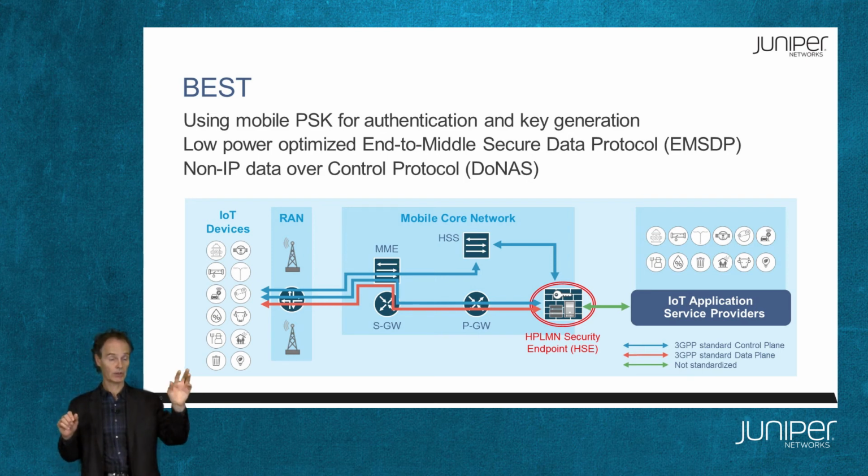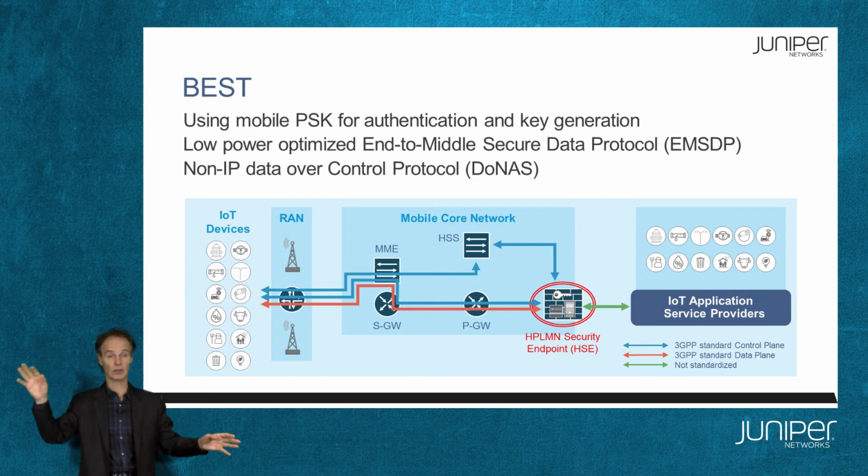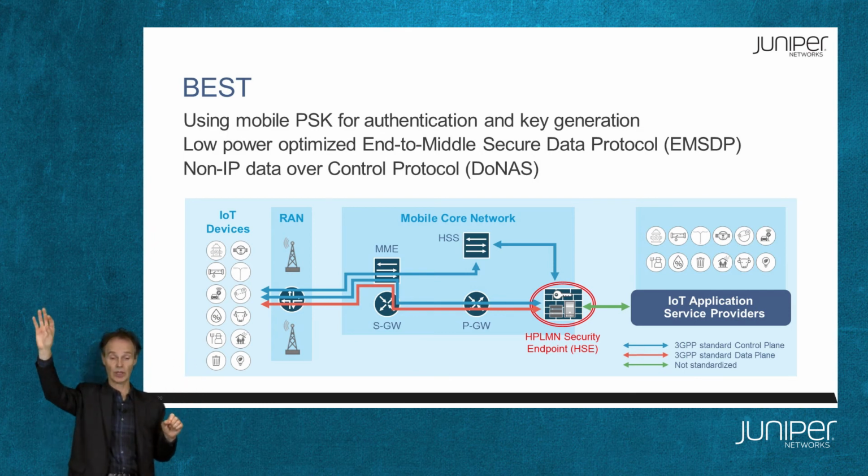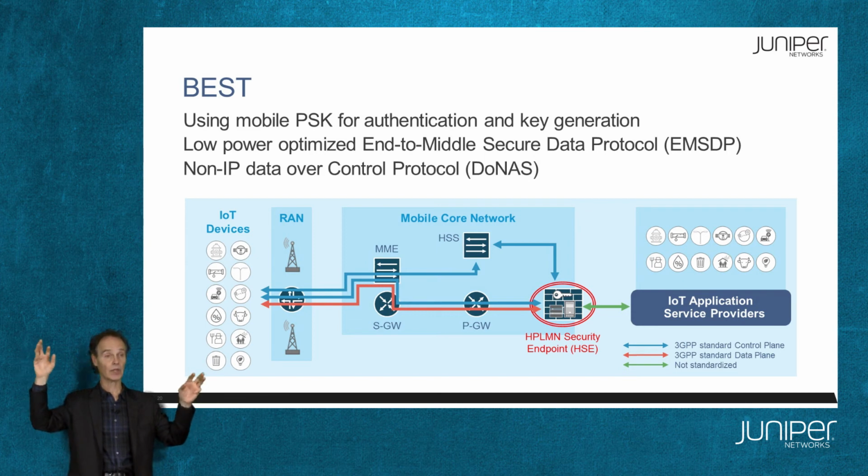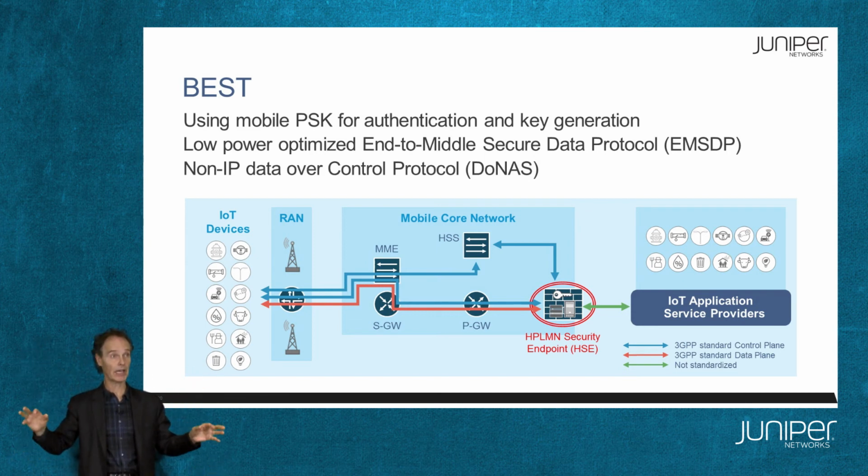Firstly, an IoT device has to connect to the mobile service provider's network. This is standard. This is how every phone works. The device has a SIM card in it with a secret. It connects to the mobile service provider network, and the HSS, the home subscriber server, has the same secret. The two of them share this secret. This is the pre-shared key. And they exchange some messages and authenticate one another, verify that they both have the same key, and at the same time they generate some additional keys for the session